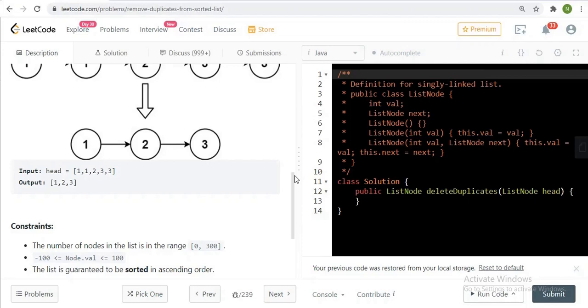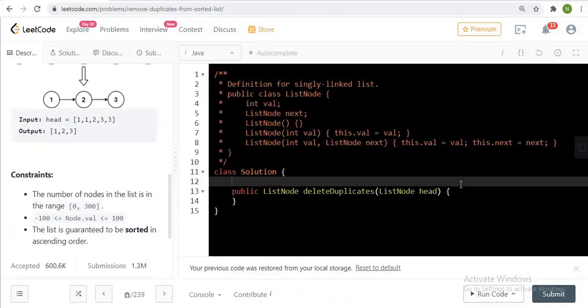So we have to break the chain, so we are assigning previous dot next to current dot next. But if it is not present, then we can simply add that current value to the set for future reference and set the previous to the current. That's it, and then after it we return the head. So let's write the code of this.